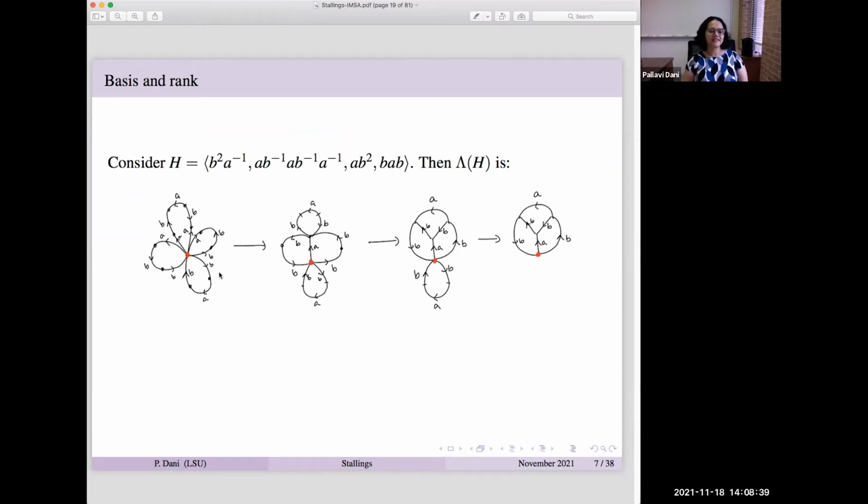So in this example, I have a subgroup generated by these elements here. And so once again, I start with this rose graph on these 4 petals with the labels. And then I perform a series of folds, just like we did before, and I arrive at this graph at the end. So notice that initially I had 4 loops, but in the process of folding, I managed to collapse this loop at the bottom on the 3rd picture